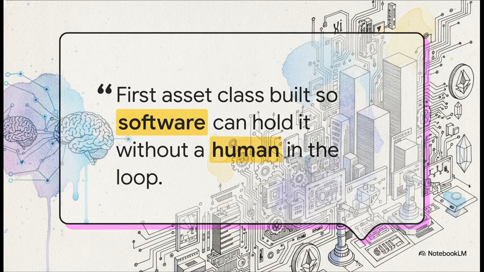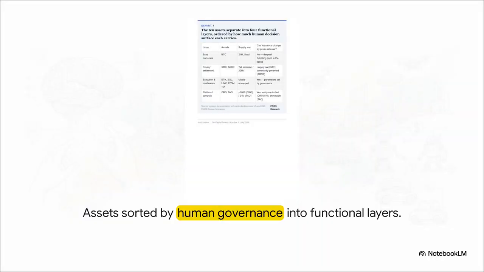They frame this perfectly. Crypto, they argue, is the very first asset class built explicitly for software to hold, entirely without a human in the loop. The report looks at tokenomics not as some speculative casino, but as cold, mechanical logic. This isn't about trading, it's literally the blueprint for an AGI treasury budget. This framework totally flips how you look at digital assets.